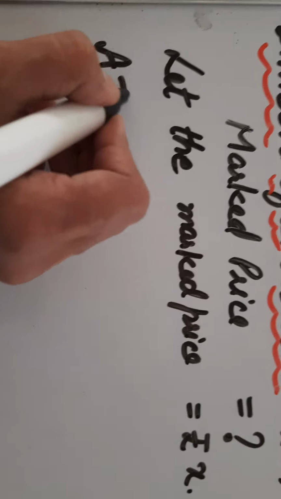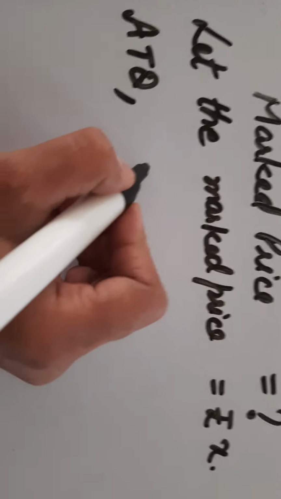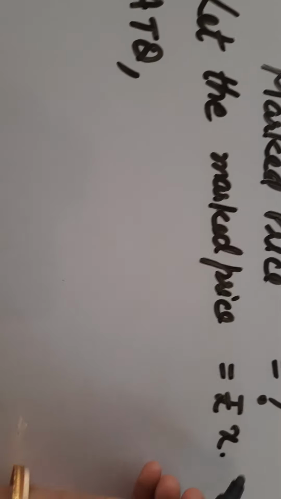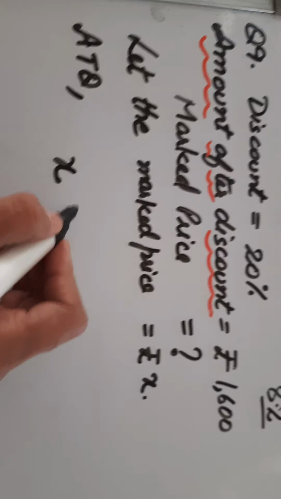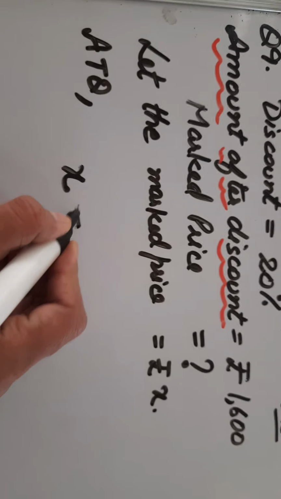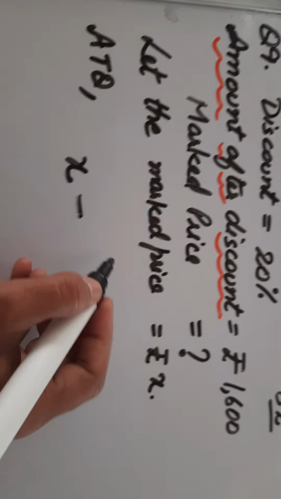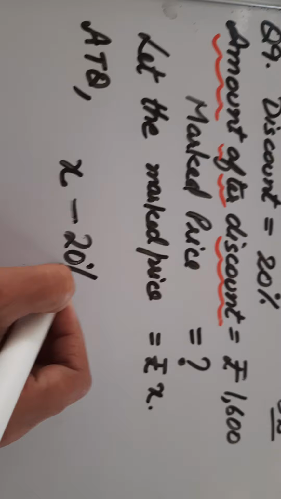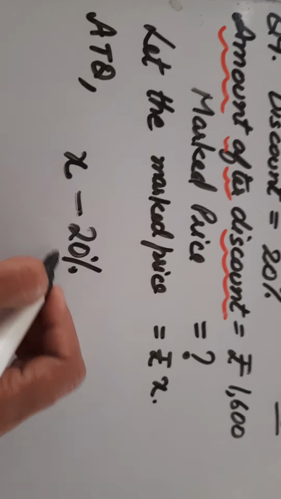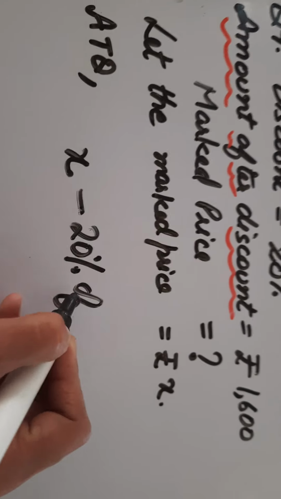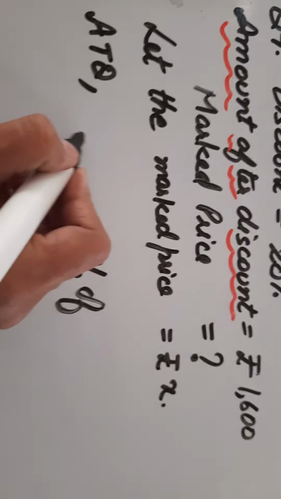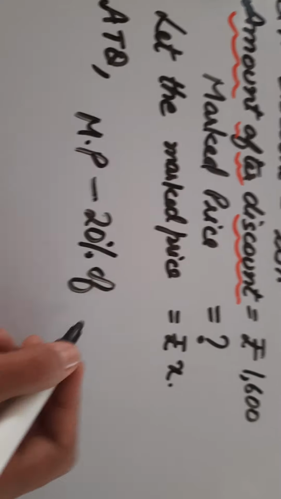is equal to rupees X. So according to the question, we have marked price, जो हमारा tag है उसके ऊपर X लिखा हुआ है. Because it's a discount, we will subtract it. How much discount is offered? It is 20%, so we'll take 20%. But as I told you, percent never be taken alone. परसेंट किसी ना किसी का होता है. परसेंट किसका होता है? हमेशा मार्क्ड प्राइस का होता है. We can write it here as marked price also.